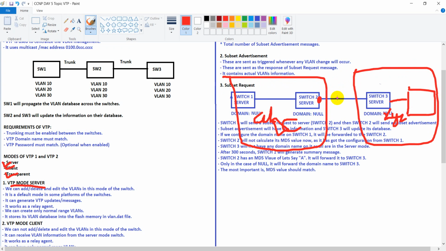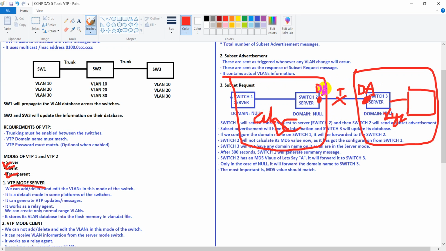So if we have dynamic desirable or dynamic auto here, even if we have this, the trunk will not be formed here onto this link. The trunk will not be formed.